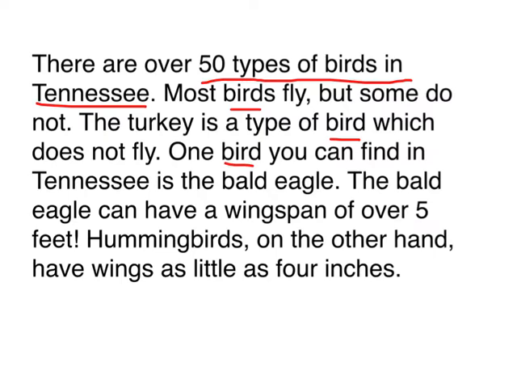But there's even more in common. Each sentence is about types of birds, either a turkey or a bald eagle or a hummingbird. It's not just about birds, it's about different types of birds. In fact, we can be even more specific and find out that these are about types of birds found in Tennessee. So we got the same main idea by finding out what's the most common part of all of these sentences to make this paragraph.